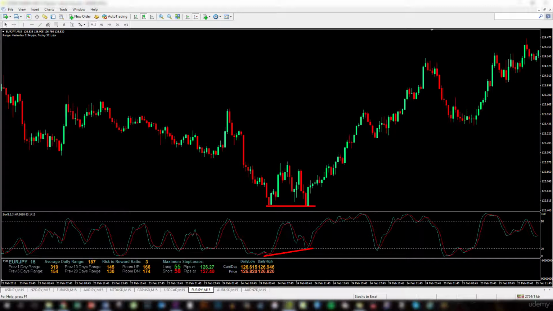Now that you understand what these patterns and signs are and how to look for them on the stochastics, go look at old charts and see if you are able to